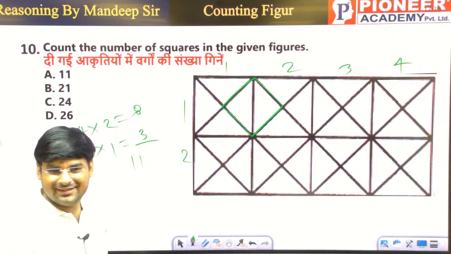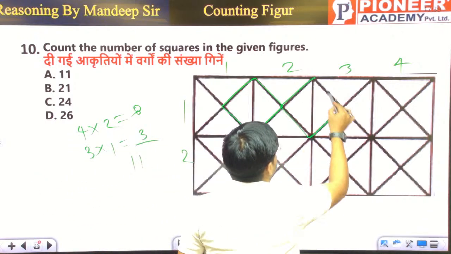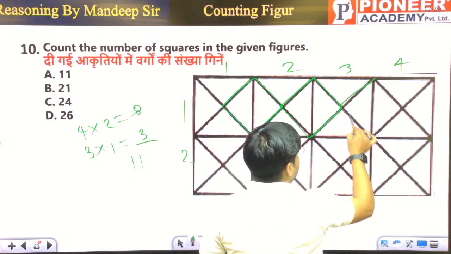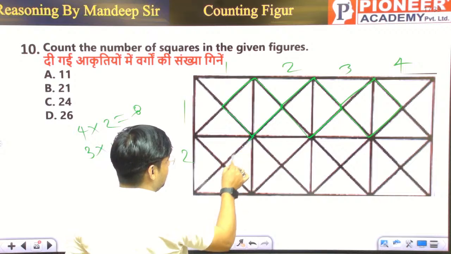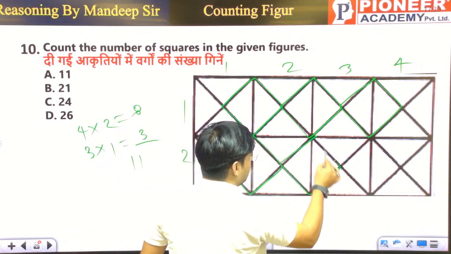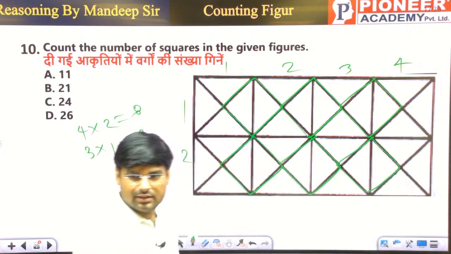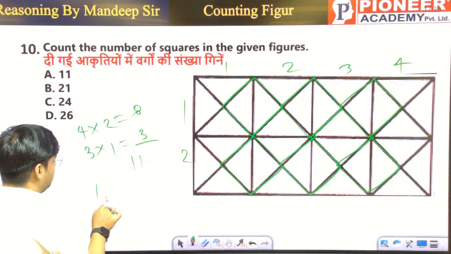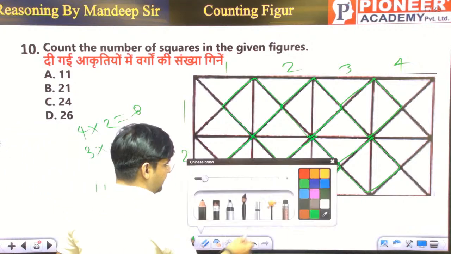1, 2, 3, 4, 5, 6. 11 plus 6 plus, and we see